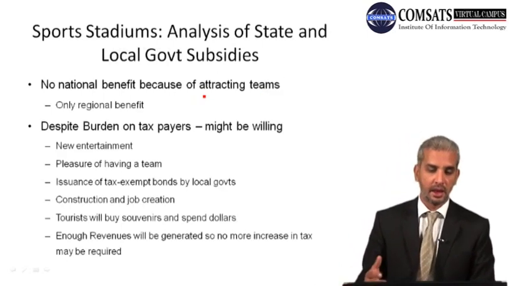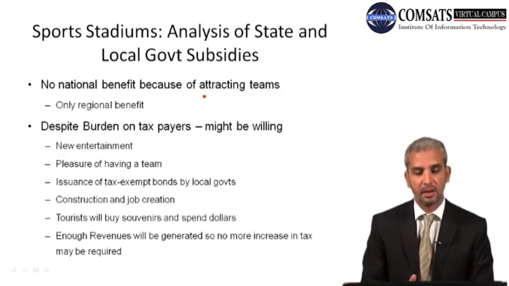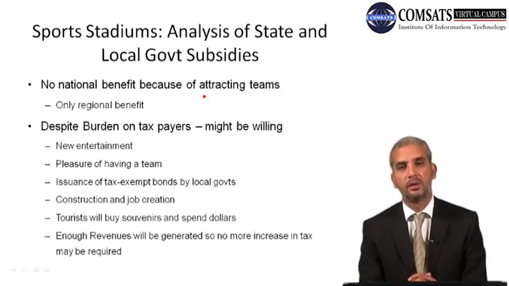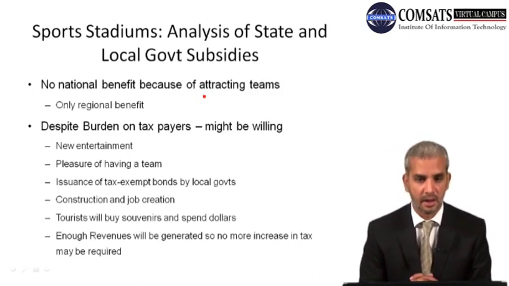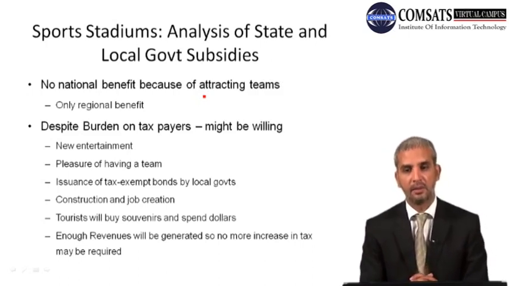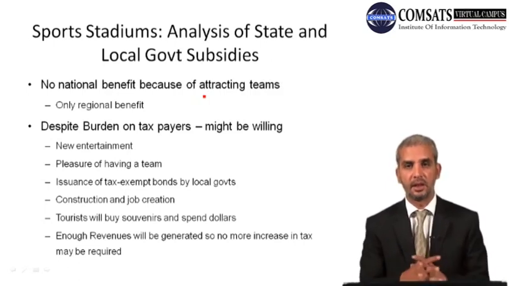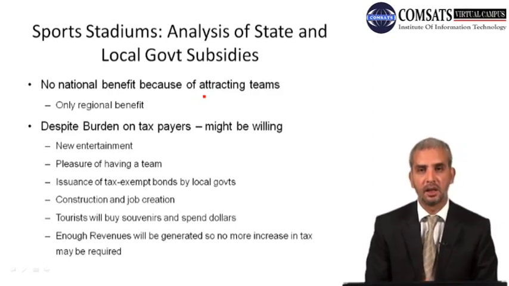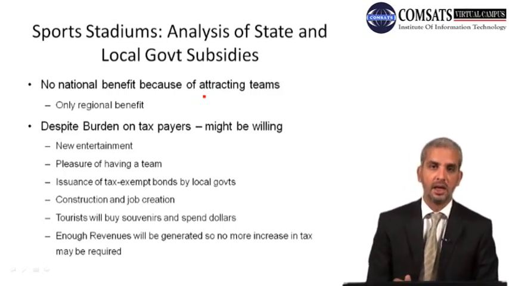Now, as a last hypothetical example, let us consider something more related to the United States of America, where in sports like ice hockey or rugby, they have teams that are very famous for various states, and they compete in international competitions. So if they want to build a sports stadium in their local region, how can cost benefit analysis be conducted by the state and local governments? Why only by state and local governments?